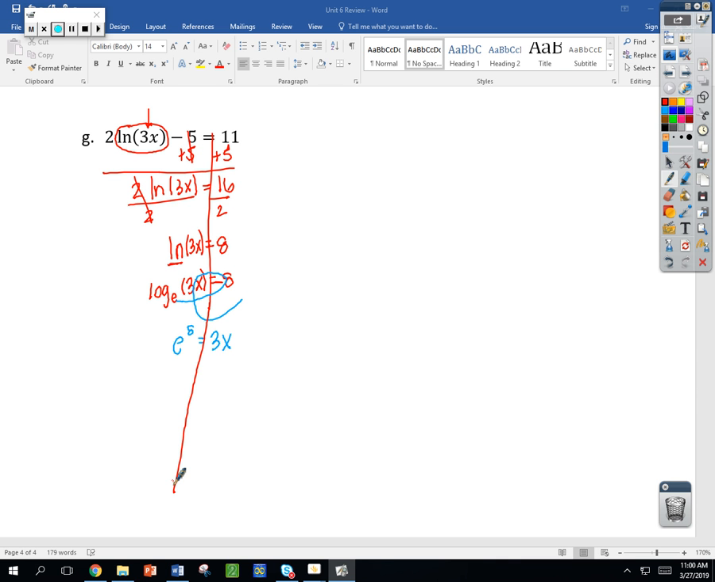And that gives me 2,980.957 or 958. So what I get there equals 3x, and then you're going to divide both sides by 3, and my answer is about